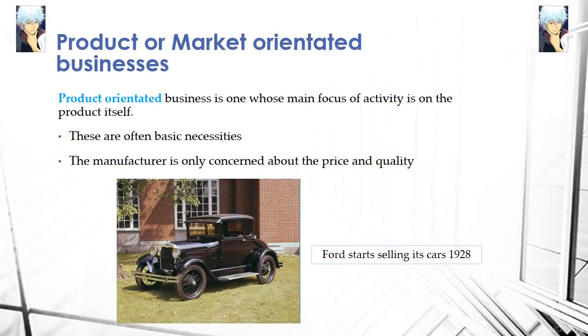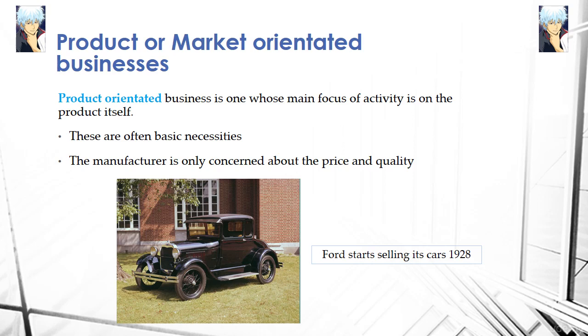Before we go into understanding what market research is, we try to understand that there are two types of business when it comes to marketing. They could be product orientated or market orientated. A product orientated business is one whose primary function is to focus on the product itself rather than trying to understand what its consumers want. They often only focus on the price and quality of the product they produce because they expect consumers to